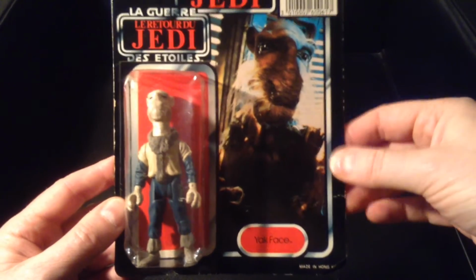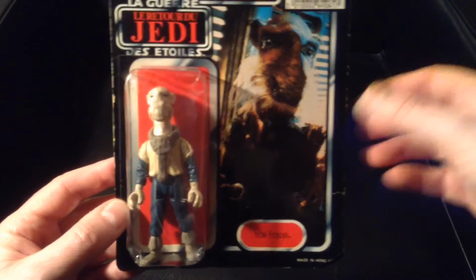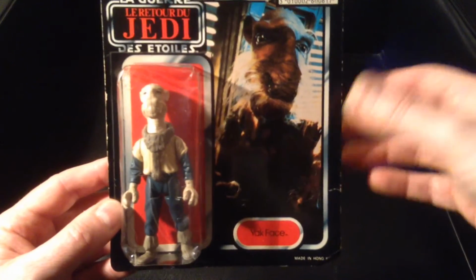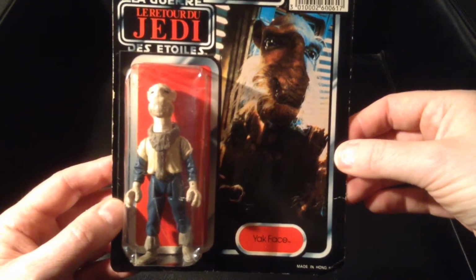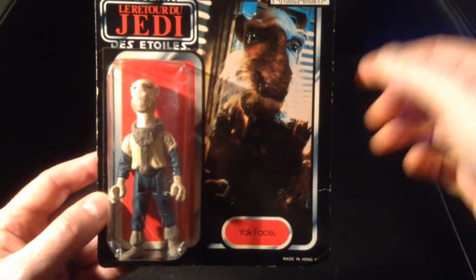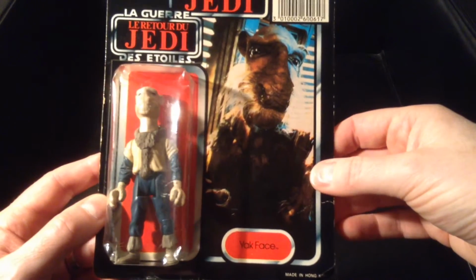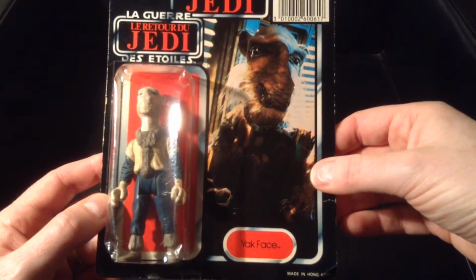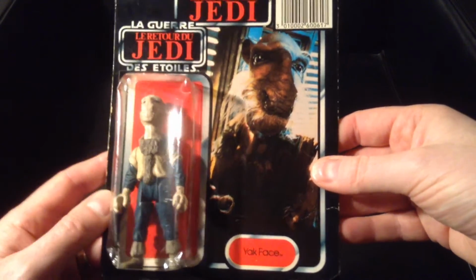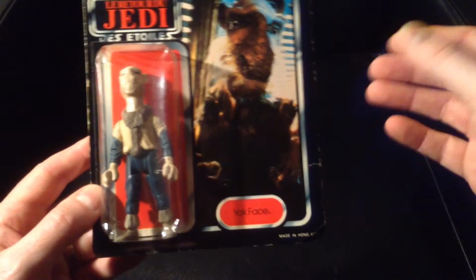Okay, $100, no problem. I didn't have $100 on me, so I asked the fella to put him behind the counter. I'll go to the nearest bank machine and come back. So I did. I had six or seven $20 bills in my pocket now. And I said, yes, I would like to buy Yak Face. $100. Now in Canada we have various taxes. I can't remember which way the sales tax worked, but let's say $107 was the total price tag. I reached into my pocket, got out six $20 bills, and I said, there you go,